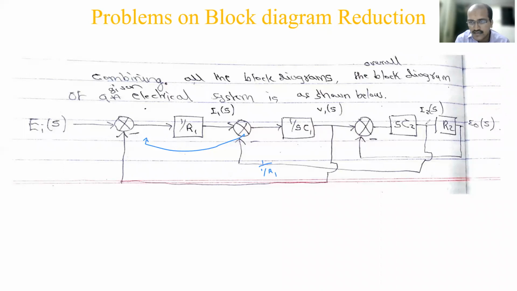Again in the same line. This takeoff point I am moving to this side. When I am moving this, R2 block is there, so again it will come in reciprocal with this: feedback 1 by R2. So here you have 1 by R1, it's nothing but R1 you will get. Here 1 by R2, together it is R1 by R2. So that I am going to see in a single picture.